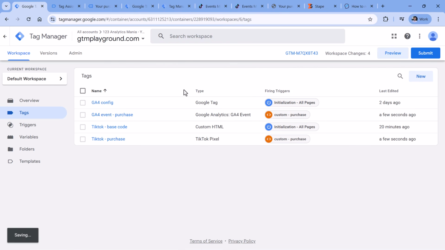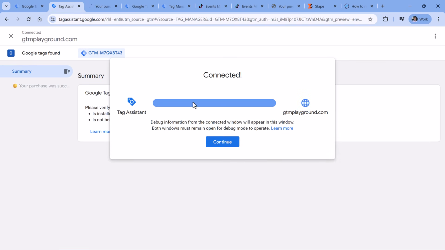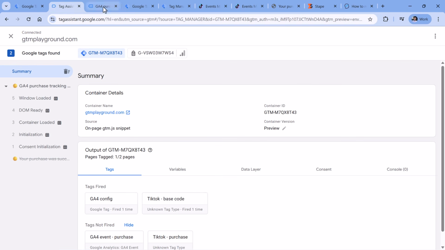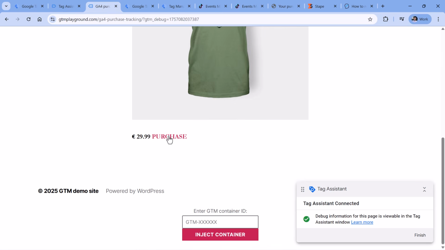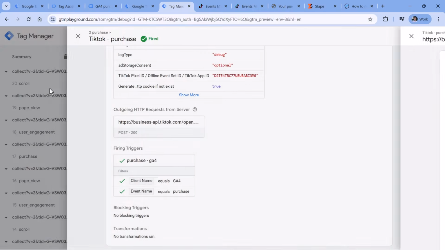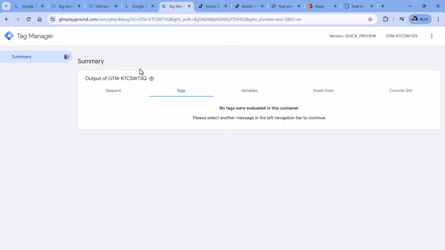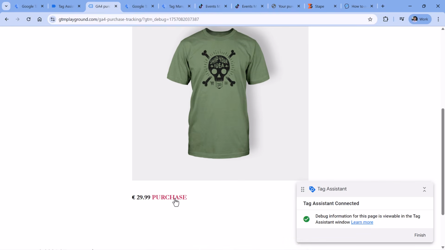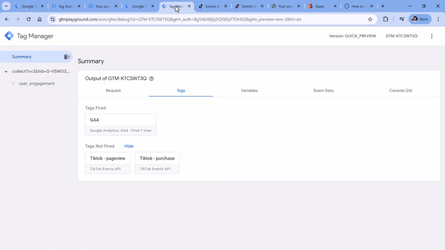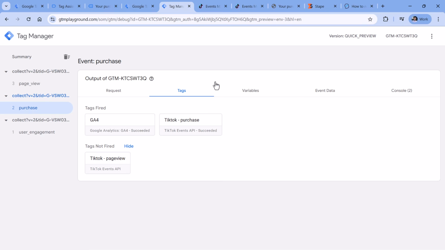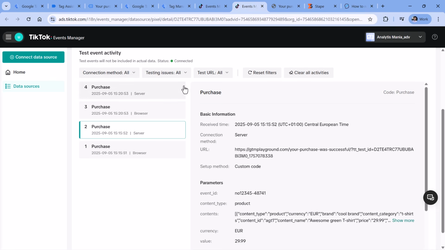I will click preview in the web container. Once the preview mode has connected, I will go to the website, make the purchase, or maybe, you know what, first I will clear the server container and then I will make a purchase. So the purchase event should appear right here. Here it is. And if I go to the test events section, I will see again, one purchase from browser,